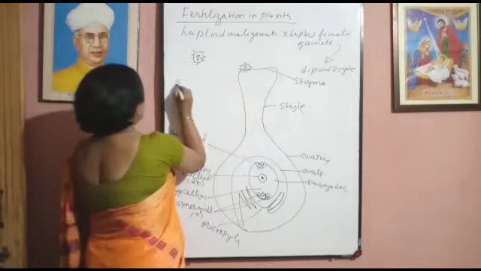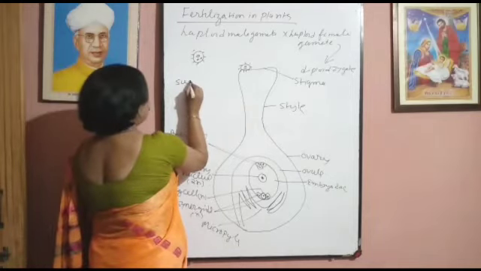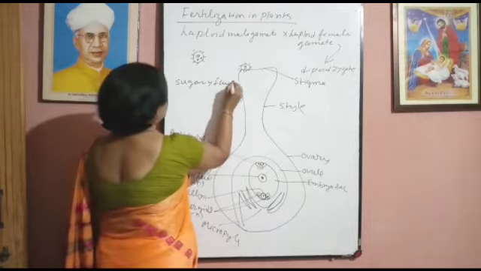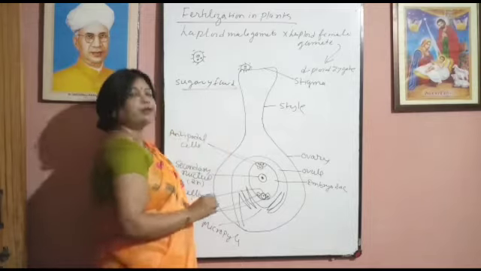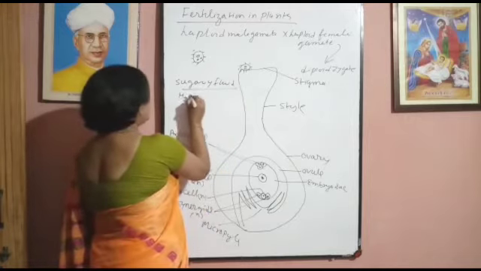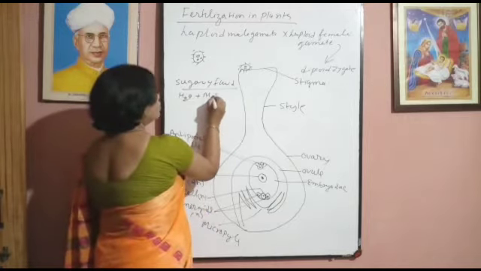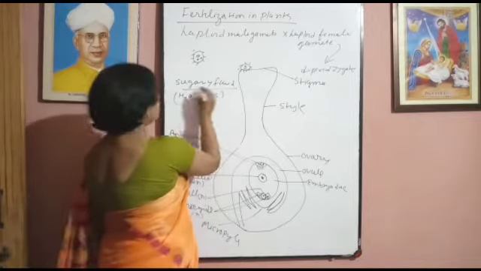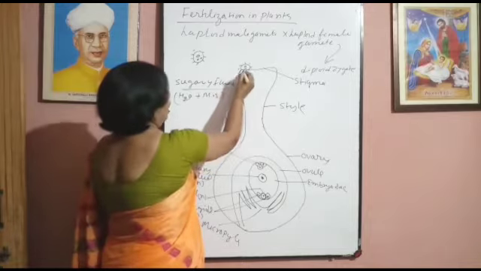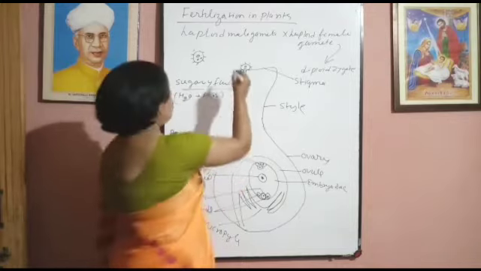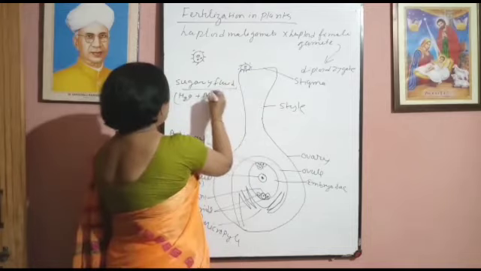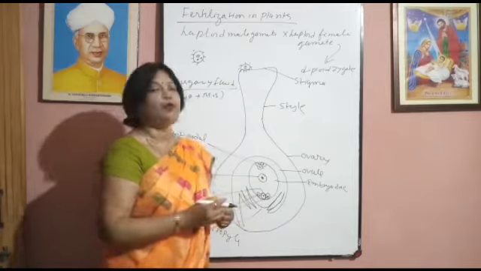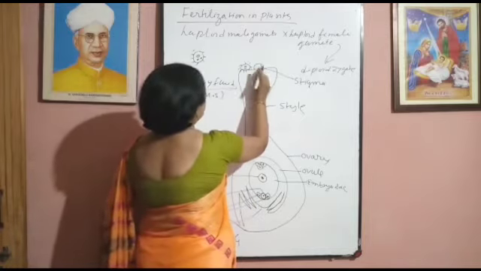On the stigma, the pollen grain absorbs sugary fluid, that is a solution of water and mineral salts. So after landing on the stigma, the pollen grain absorbs sugary fluid, and after the absorption of sugary fluid, a pollen tube arises,